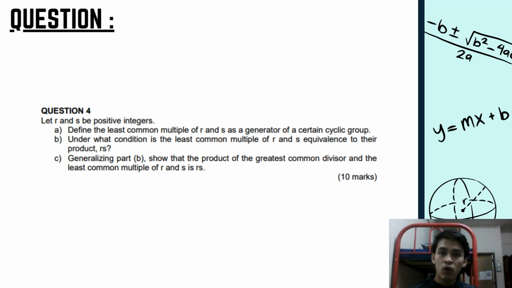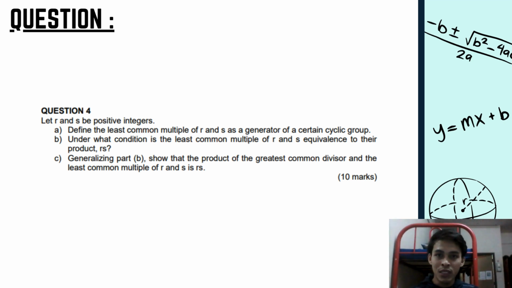For question number 4, there are three questions which are A, B and C. Okay, I read the question. Let R and S be positive integers. For question A, define the least common multiple of R and S as a generator of a certain cyclic group. And for question B, under what condition is the least common multiple of R and S equivalent to their product RS? And last question,